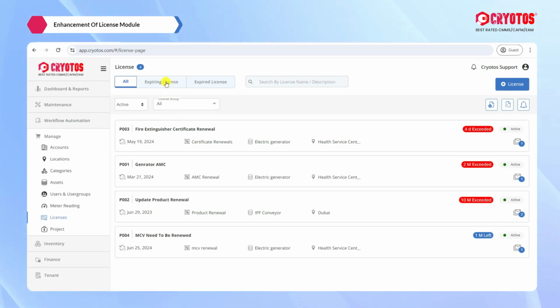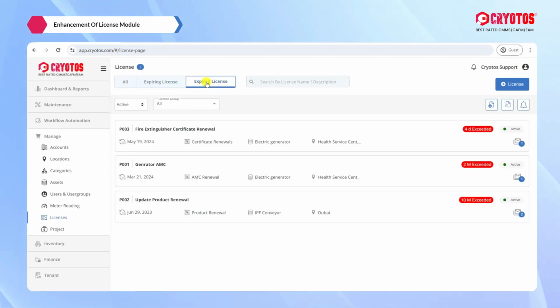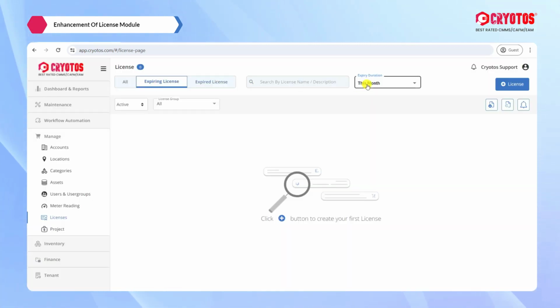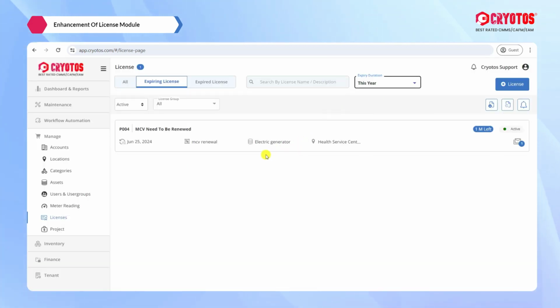And there is an option of seeing the expiring license and the expired license. Expired license is the one which has already expired, and expiring license is the upcoming renewals. So you could filter it and see based on month wise, year wise, or in a custom option. So when you click year wise, you can see the licenses which are going to expire this year,